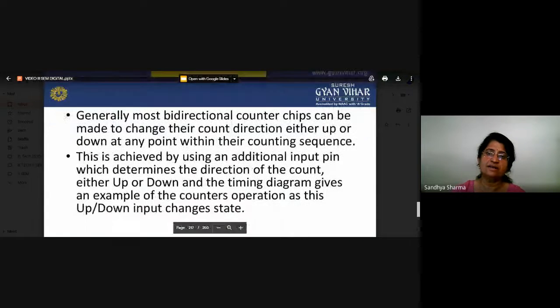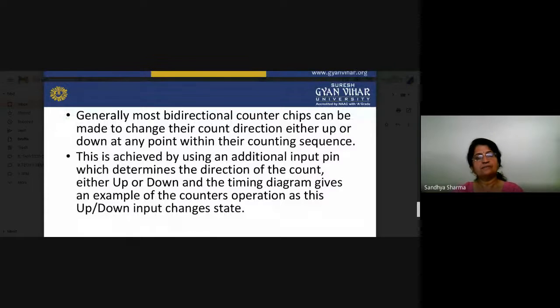So once again I will summarize. Basically, we have seen the main types of counters. First of all, counters are made of shift registers, and the basic working principle of a shift register is a counter. According to that, you have divided your counters into two parts: asynchronous counters and synchronous counters. In a synchronous counter, clock signals are given at the same time, but the output of one flip-flop is connected to the clock signal of the second flip-flop.